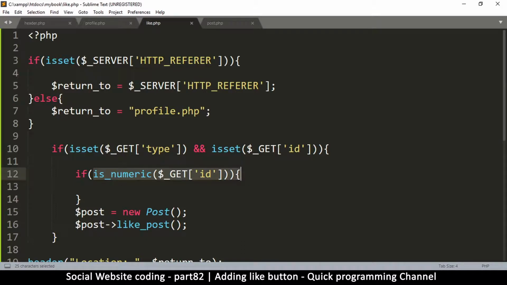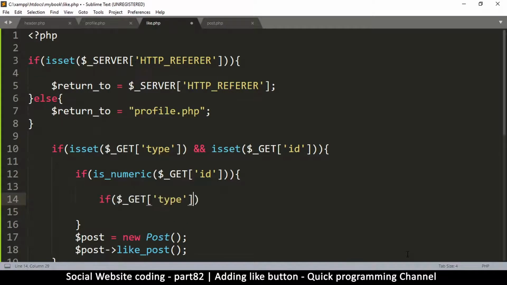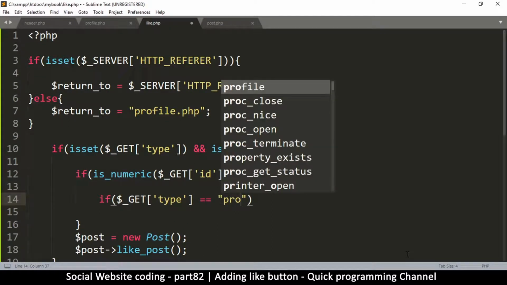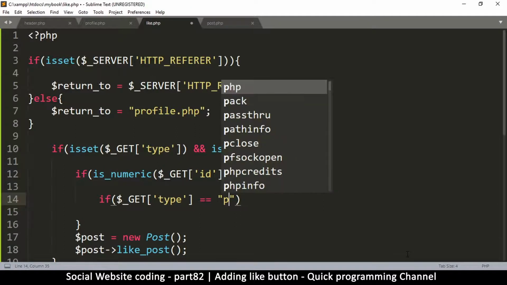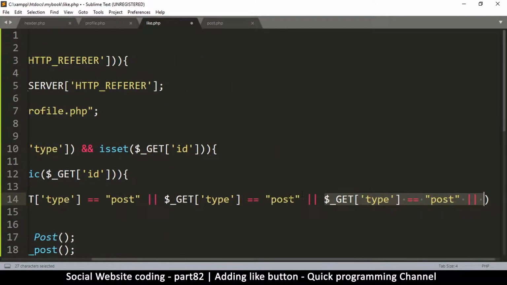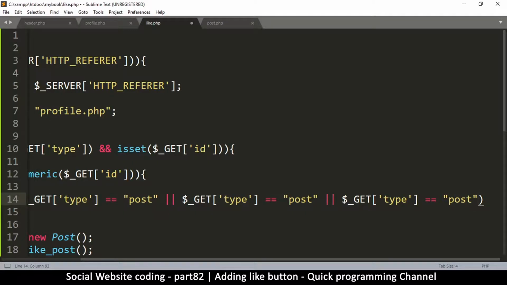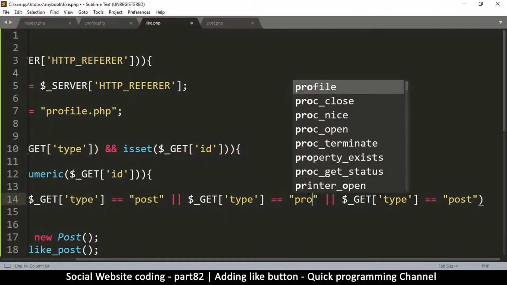So let's do another check down here and say if type is equal to, let's start with post, or, so I can simply duplicate this a couple of times and remove the one at the end. So I say if the type is equal to post, or it's equal to profile,